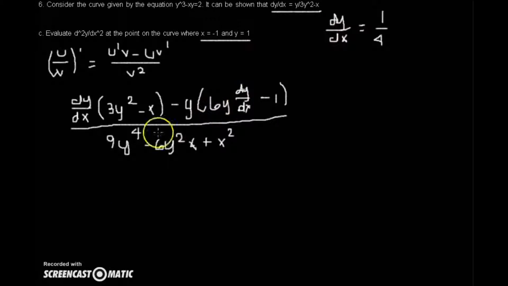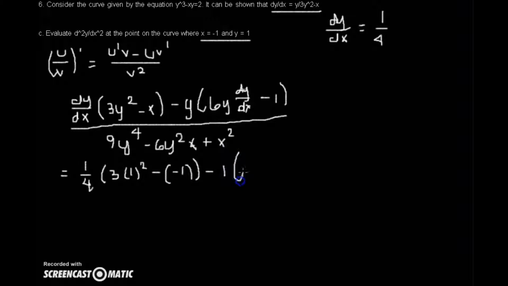So we're going to go ahead and plug those in. So this is equal to 1/4 times (3 times 1 squared minus -1) minus 1 over